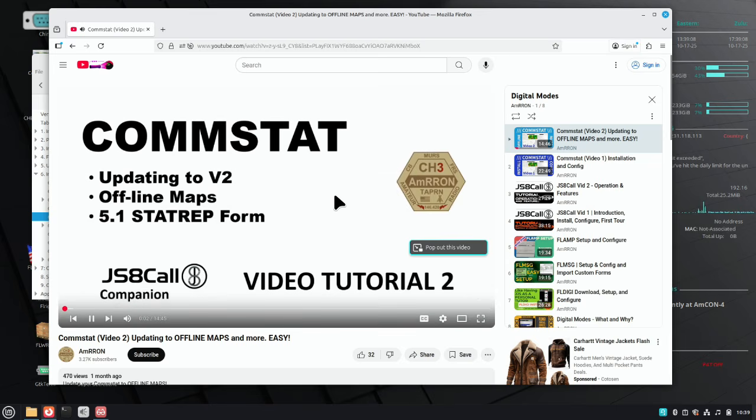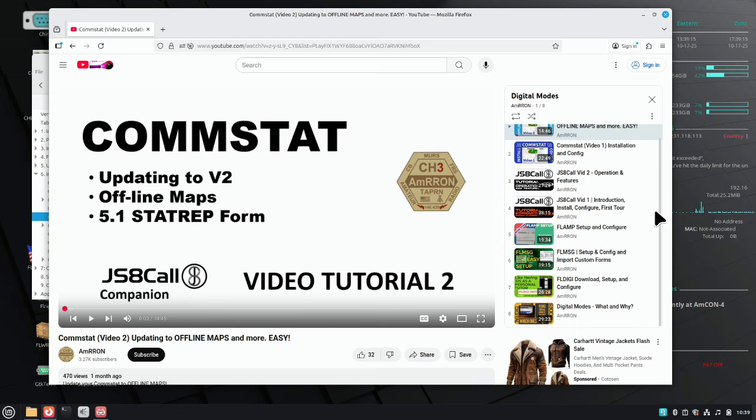Okay, so the first one here is ComStat at the top, but these are actually in reverse order. So if you're not familiar with digital modes at all and you want to familiarize yourself, you can scroll down to the bottom, and these are the chronological order that they were created. So there's FL Digi, download, setup, and configure for Windows users, but the configuration settings are also very helpful, and